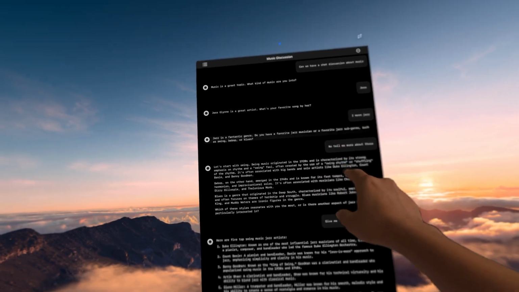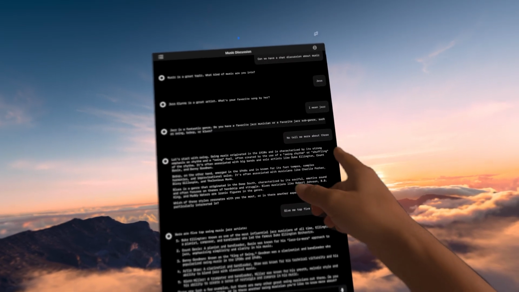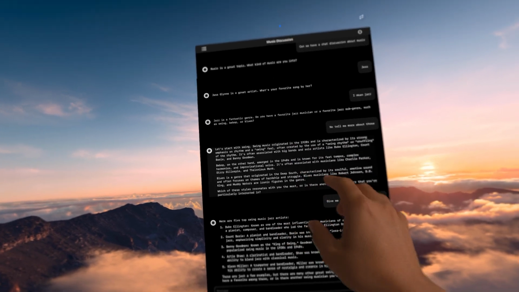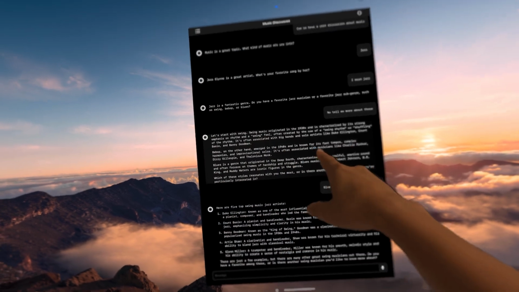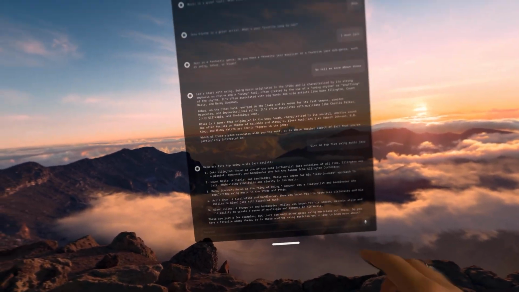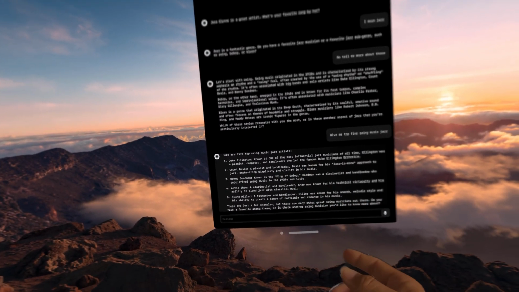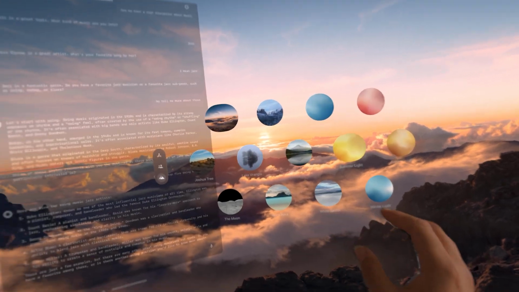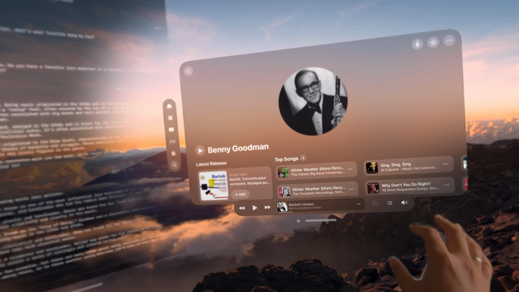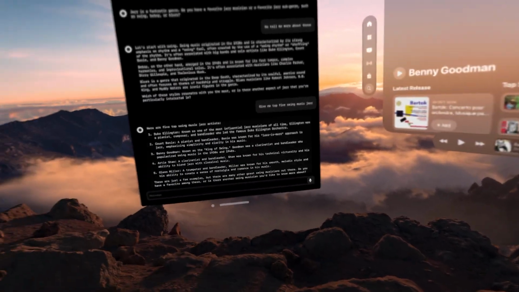about jazz music, and then it tells me the favorite jazz subgenres such as swing, bebop, and blues. It explains what swing music is like, bebop, blues, and then some swing jazz artists like Duke Ellington, Benny Goodman, Glenn Miller. I can actually open Apple Music and then actually listen to the music. I'm not gonna run this because it's copyrighted.